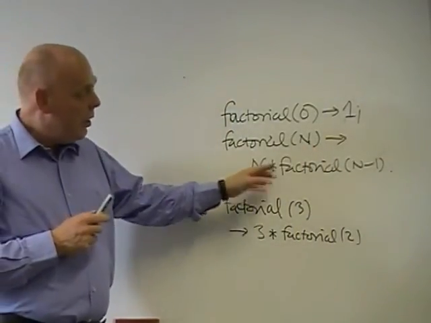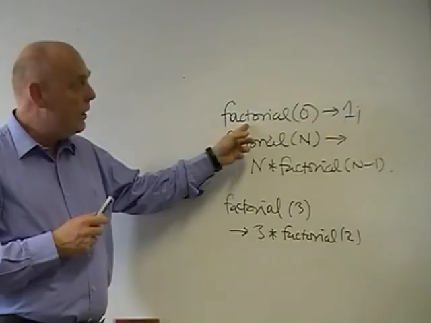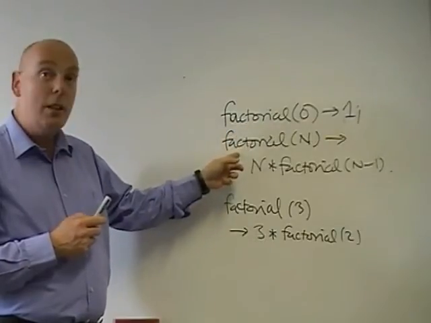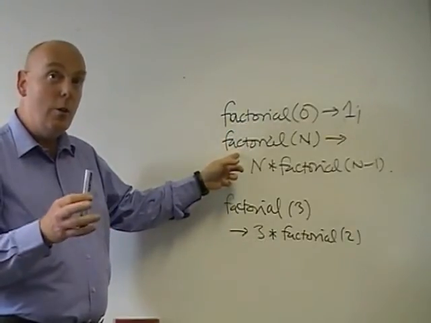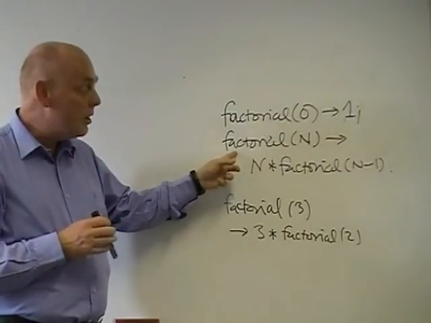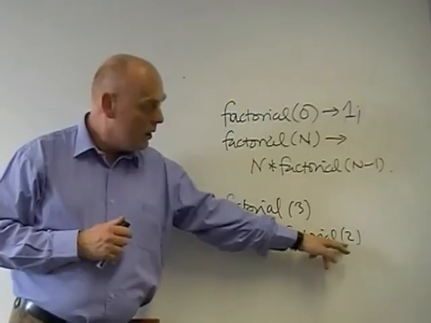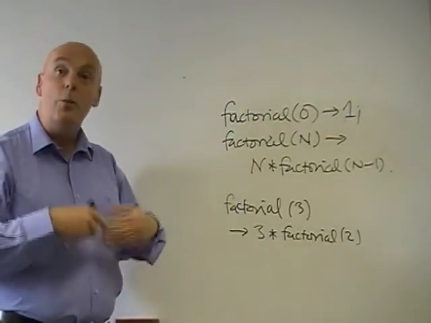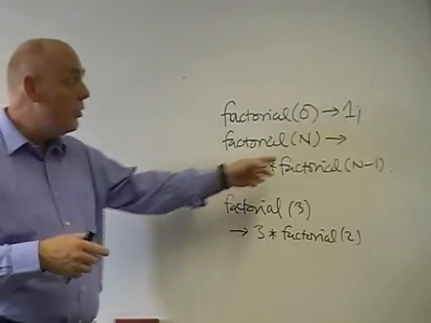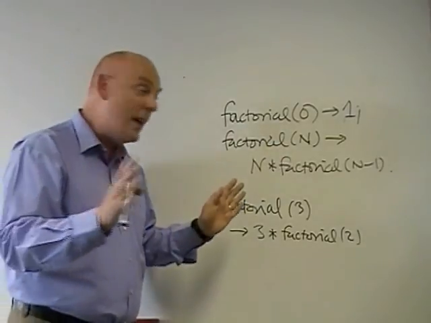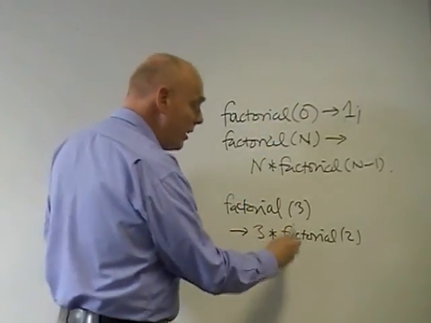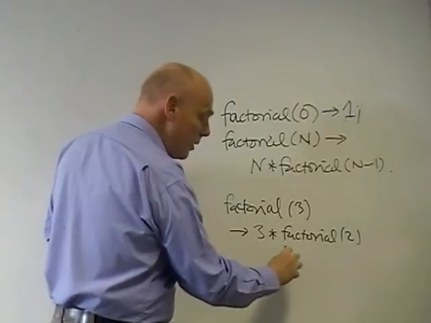Now again, 2 isn't equal to 0, so we will again be in this case. Now, if you remember, we've talked about Erlang as having single assignment. We've assigned n to 3. What happens when we call factorial with 2? Well, each time you call a function, you get a new variable. It's a fresh n, and so what will happen now is that n will be matched with 2,